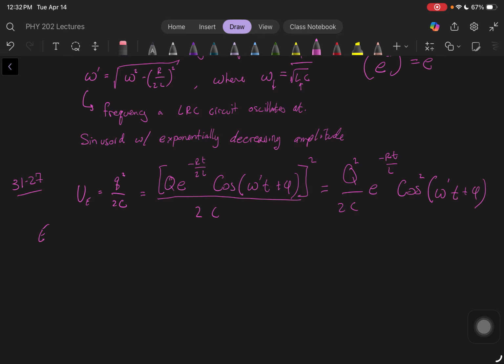And so the energy of the E field oscillates following a cosine squared term